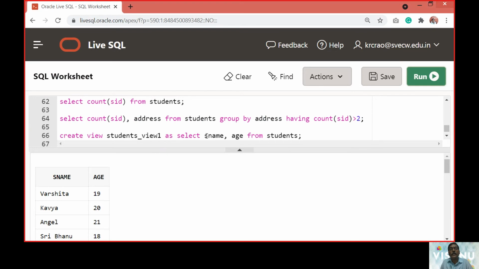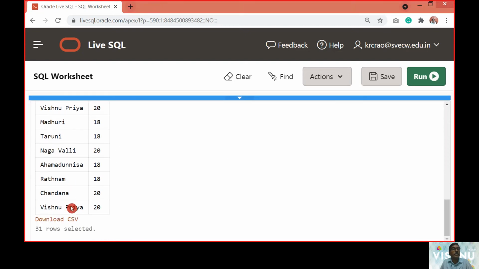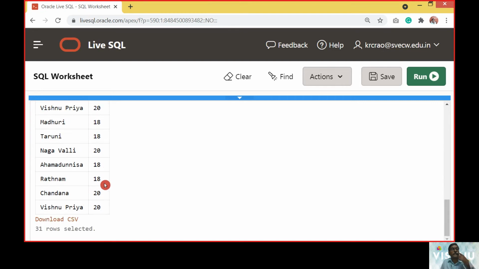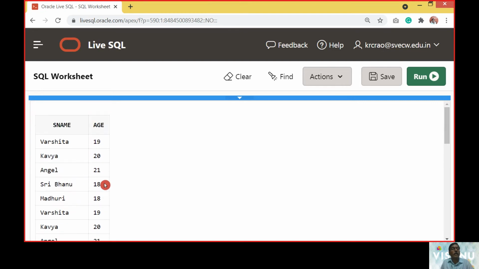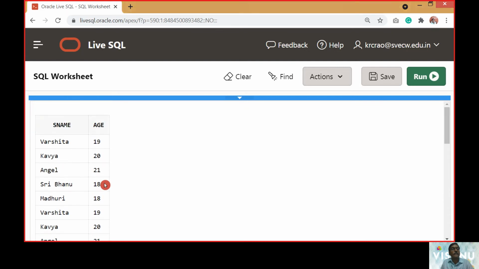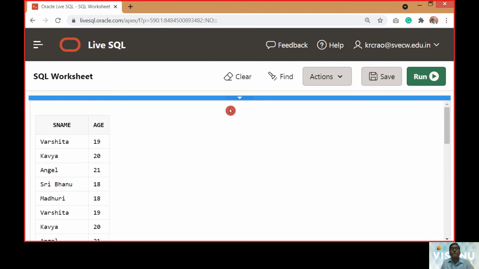Now you can see it is name and age here. All the 16 records, so maybe we hit the insert operation twice. All the existing records are going to be part of this view table here.